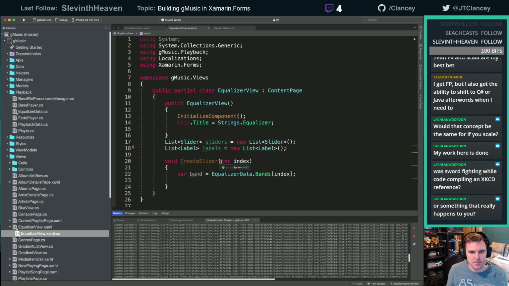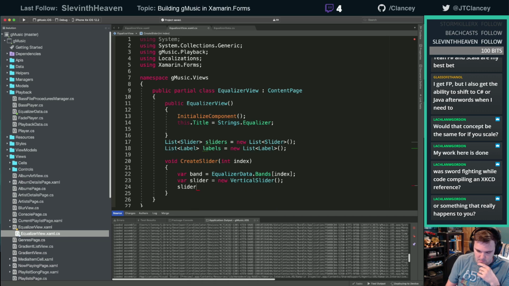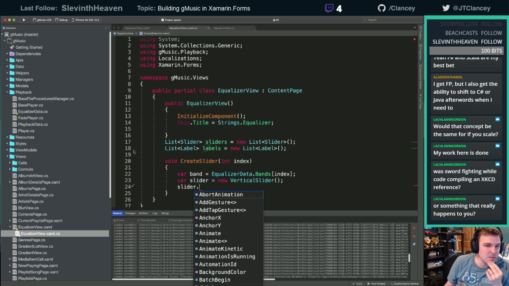Maybe we will just do the... What I did last time was when I created these sliders, slider.tag. I use the iOS tag property to tag the index, so that way I could easily tie the two together. So I could say, hey, this slider is this index. That's right, we have a vertical slider.